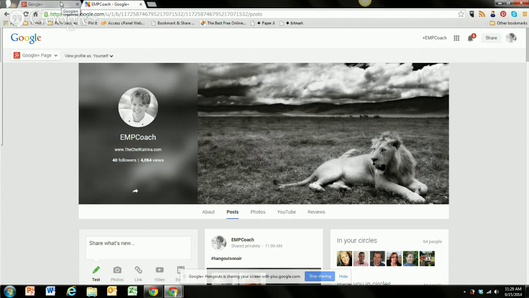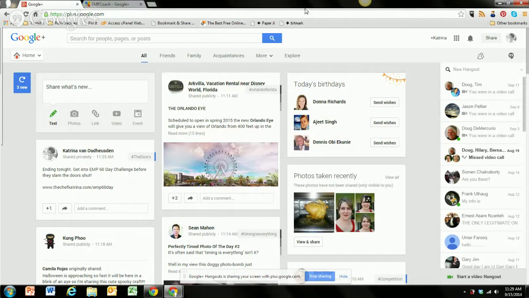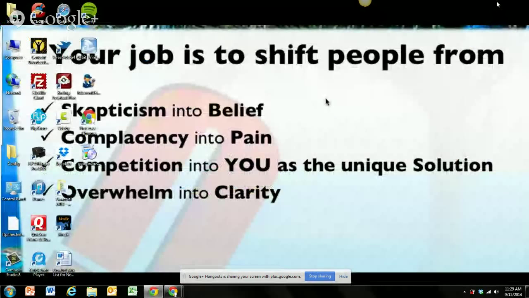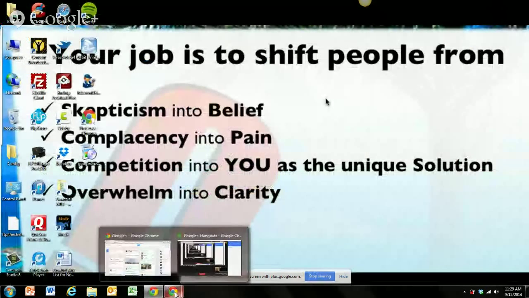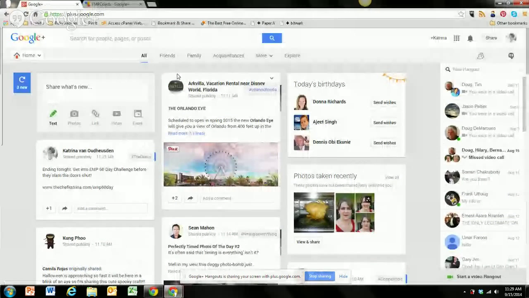You can see what Katrina has done. You can see her tabs across the top. She could switch from one tab to a different tab. If you want to show them at the same time, you'd have to share your entire screen and have two windows open on your entire screen.